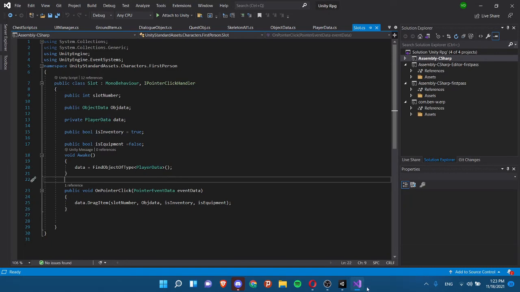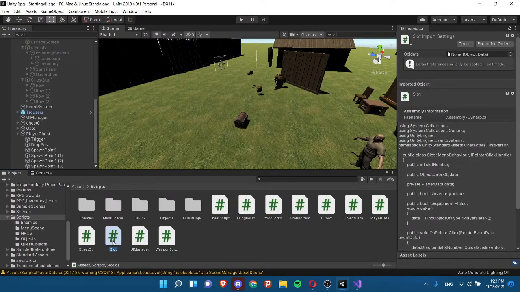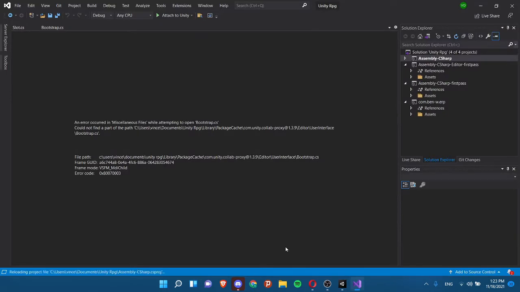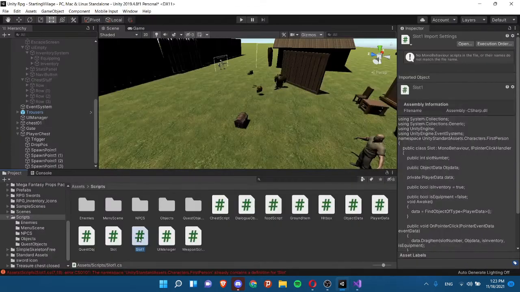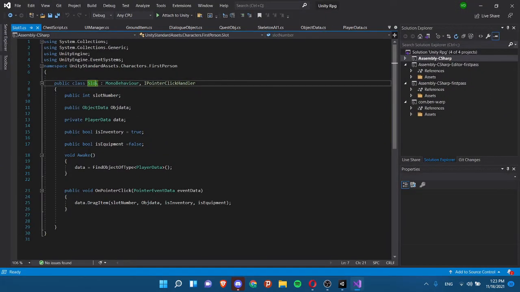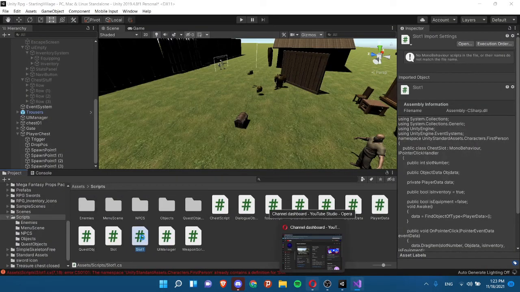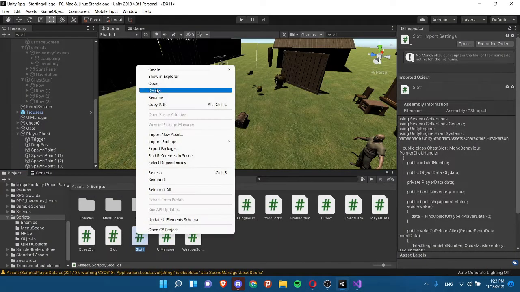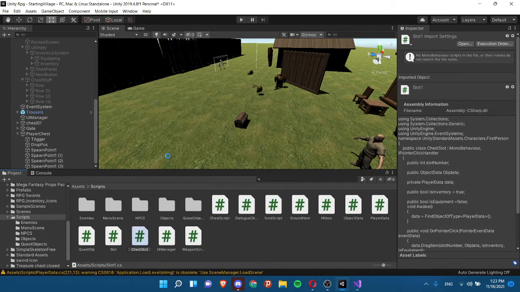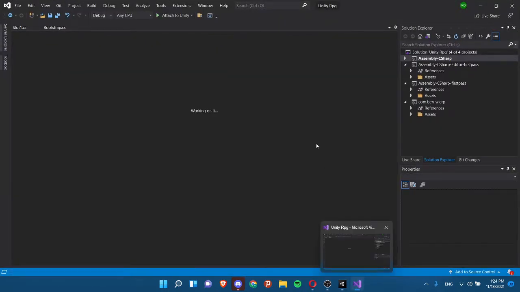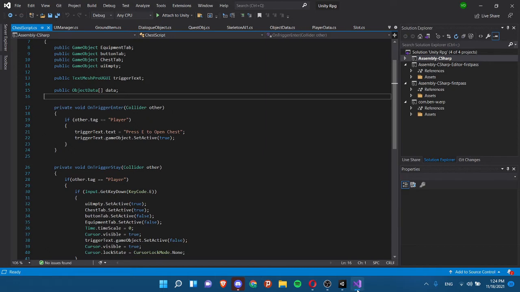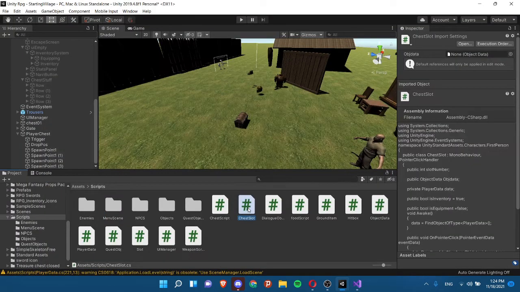No. Okay, so we're just gonna duplicate this real quick, and we're just gonna call this chest slot instead of slot 1. Actually, you know what? No, let's call it chest slot. And over here, we're just gonna rename this to chest slot, and instead of having a find object of type, because every chest will be different,